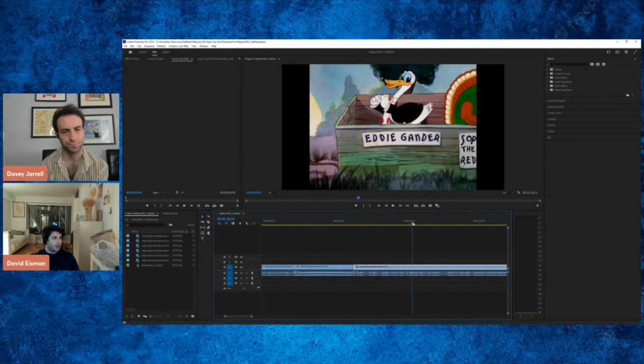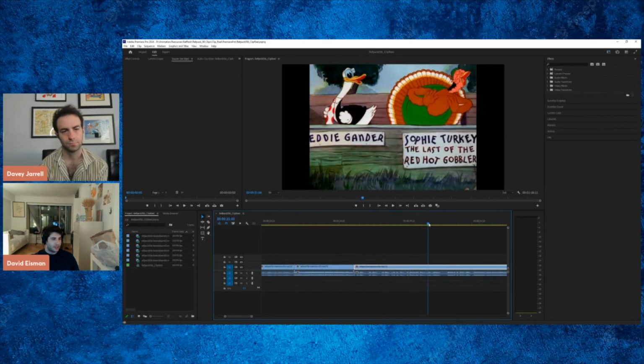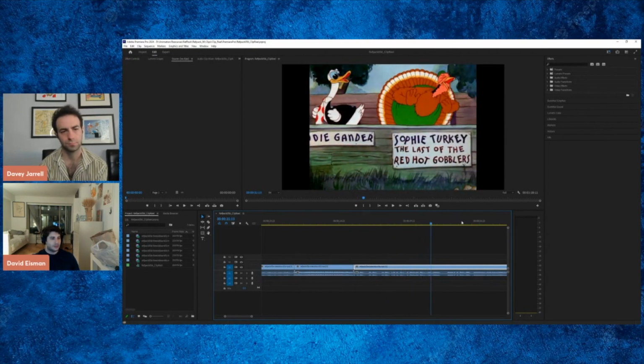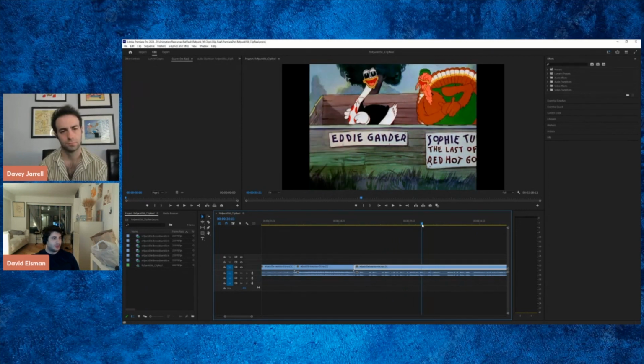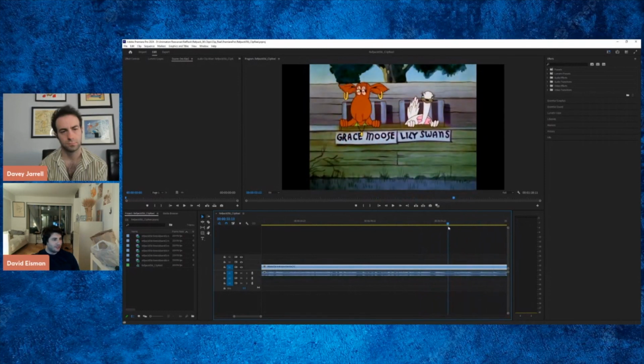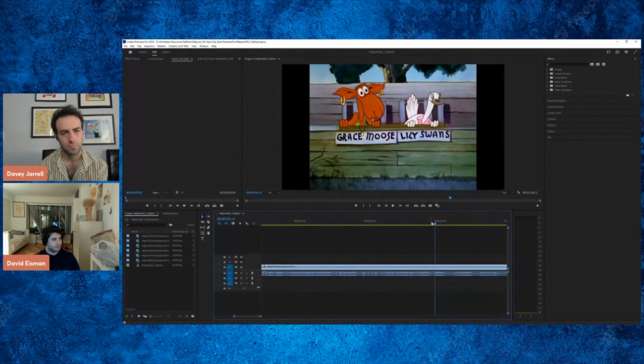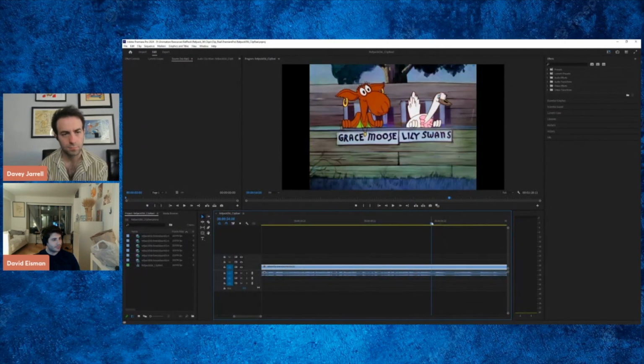So this is one background. These are actually two separate backgrounds. The first background here, and of course these are all on separate layers in the multiplane. You have this very long background, but then here they do a background swap. So this is actually two separate backgrounds, because the first shot is just a very long background that they're moving right to left. And then they have a new background where they go up and down.